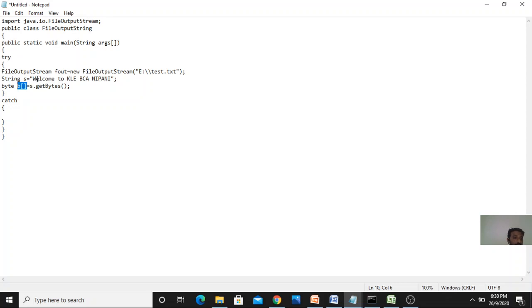First I will fetch the character as a byte, and I am storing each character as a byte into the array b.